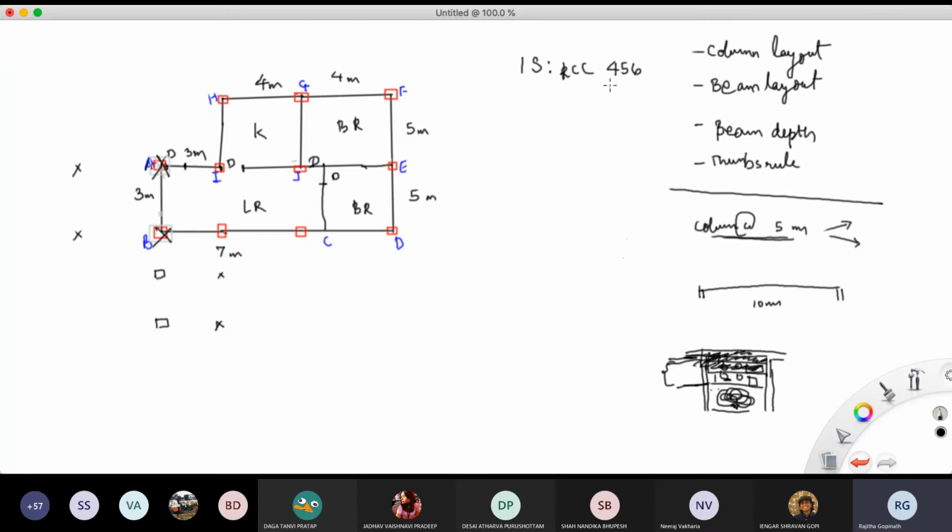ओके उसका नया लेटेस्ट वर्जन आया है 2000 आई थिंक 3 वाला या ऐसा कुछ आया है. ये कोड, this is the code. That is also, if you go to America then you will get ACI. ओके ACI का कोड. Now if you compare this code and that code and you go anywhere in the world, and you want to figure out, अच्छा यहाँ पे हम कंक्रीट डाल रहे हैं, this is the span, ये स्पैन, both columns को ज्वाइन करने के लिए जो बीम चाहिए, वो बीम का डेप्थ क्या होना चाहिए, वो बीम का विड्थ क्या होना चाहिए, it is all governed by this code, right?